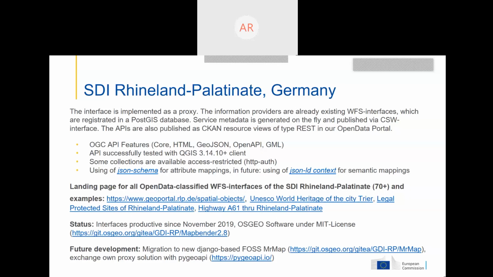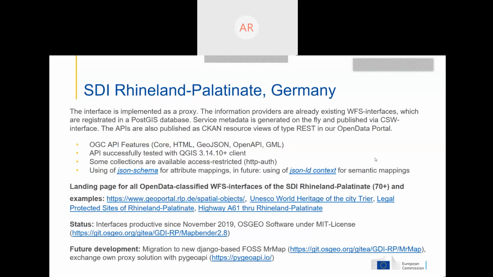We implement the core HTML, GeoJSON, OpenAPI, and GML interfaces, and tested it maybe two weeks ago with QGIS 3.14.10 client successfully. And we also implemented simple HTTP authentication to serve also access restricted feature types or collections.